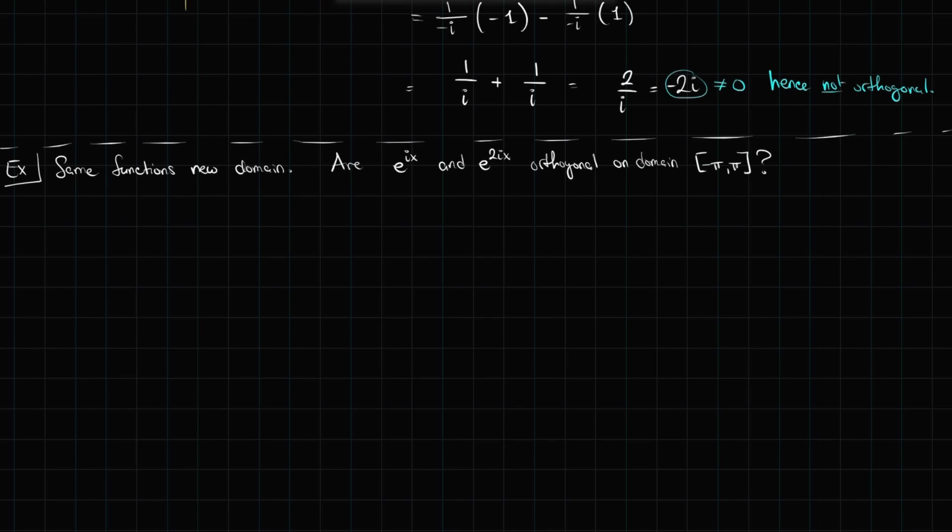Well, rather than go through all of the same work that I just did, let's write out really quick that all I need to do is compute e to the ix, e to the 2ix conjugate dx, which is the same as before. But my domain's changed, right? The domain is now from minus pi to pi, and before it was from 0 to pi, so the only thing that's changed